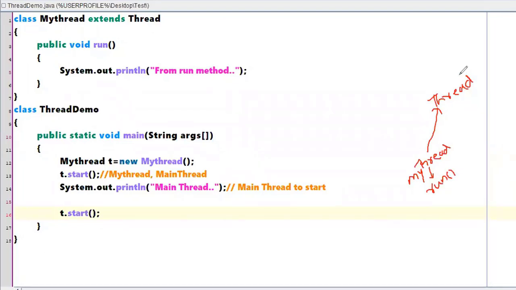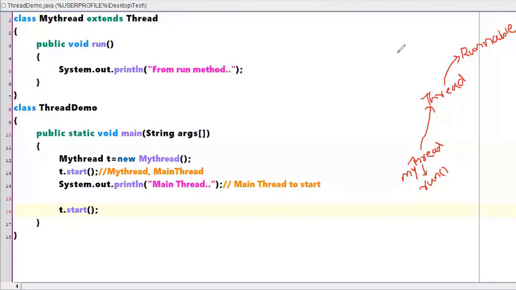Okay, internally this particular thread class will be implementing an interface which is called the runnable interface. Now what are the things we have done is we followed this particular approach.